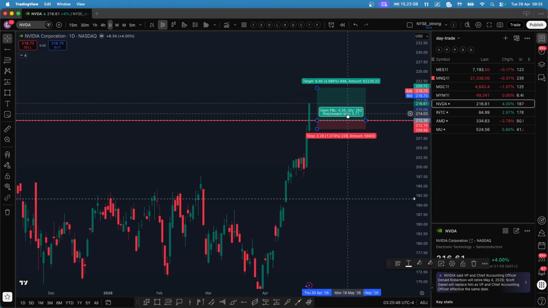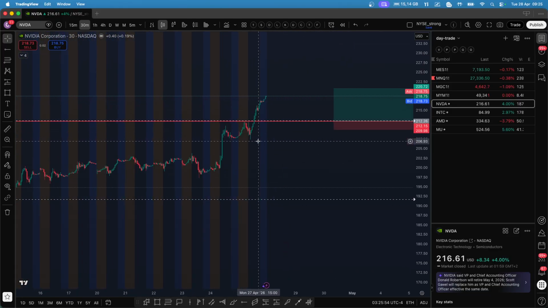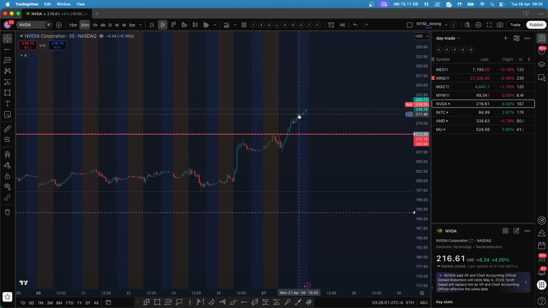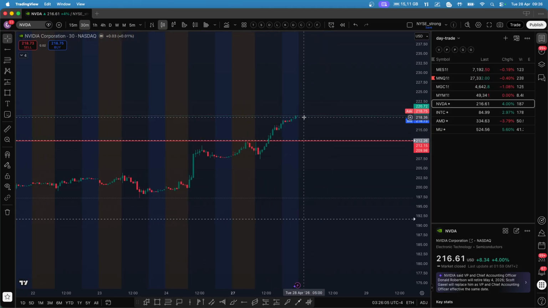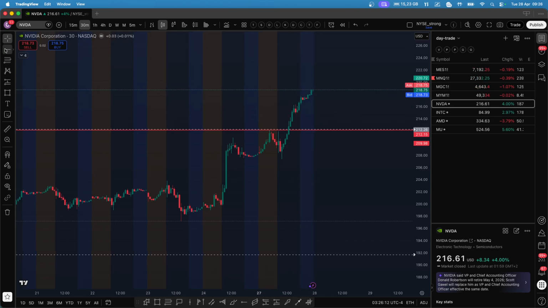1 is to 4 or 1 is to 3 is to reward. Let's look at the 30-minute if we have any levels. So after the breakout, we are just going up. I don't know about the pre-market now or overnight trading, what is the level, but in case we get any pullback towards the downside, this could be one of the levels, 214.82 or 212.24.